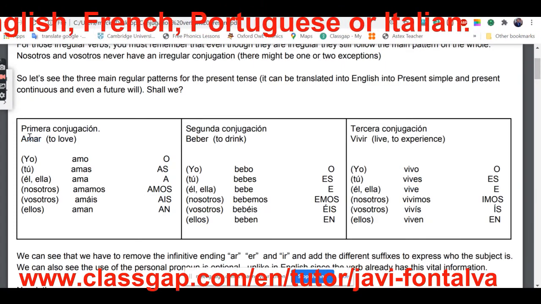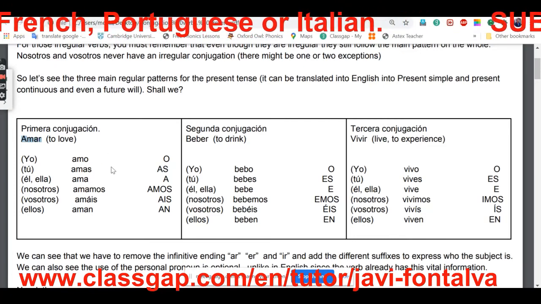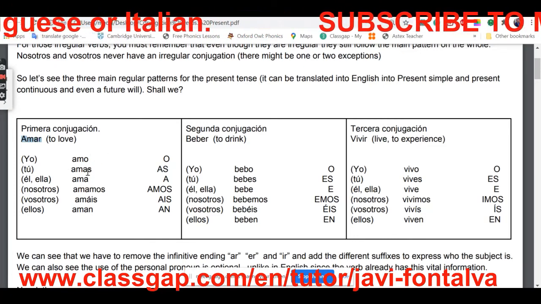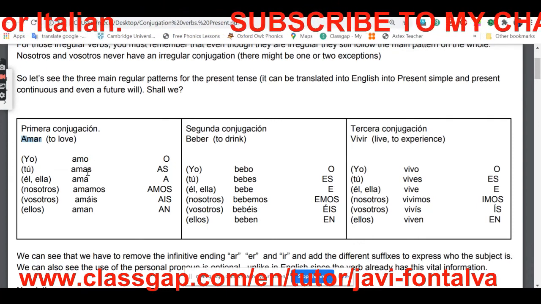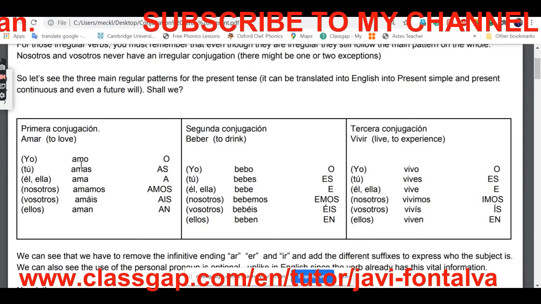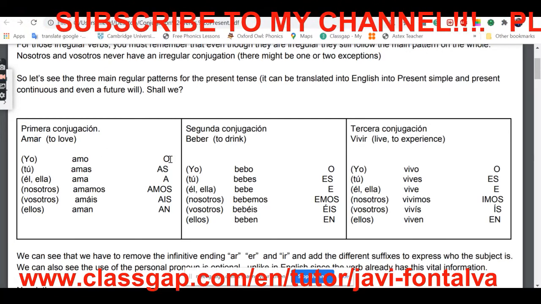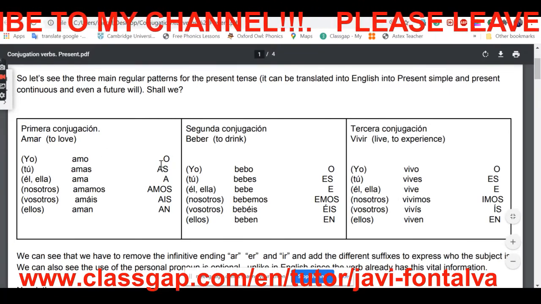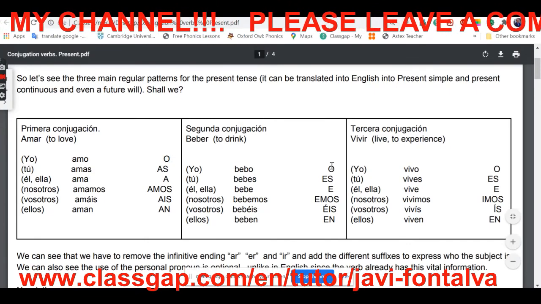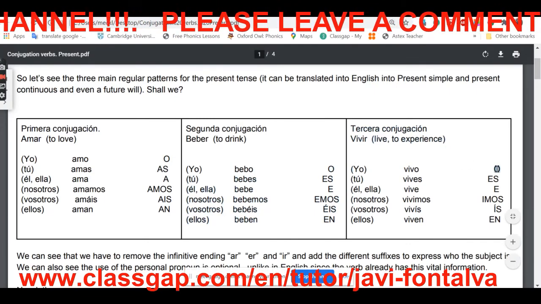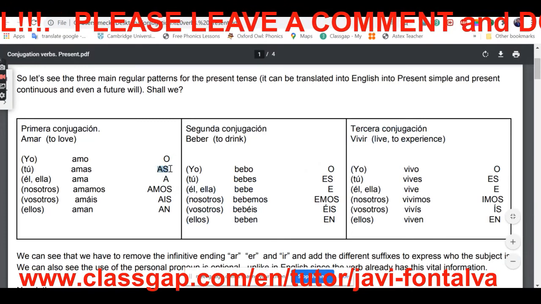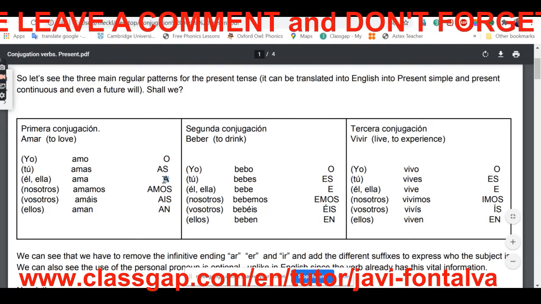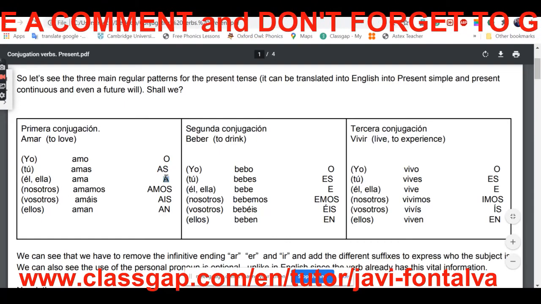Yeah. I know this. Mm-hmm, go ahead. I know that already. All right. So basically, we're gonna drop the AR and we're gonna add these suffixes here, okay? So for I, it's always gonna be O, doesn't matter which conjugation you mean. Then for you, one person, the vowel plus S, and the third person singular, that means he or she, just